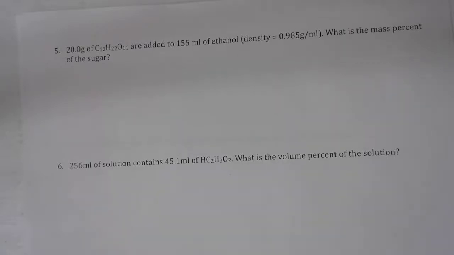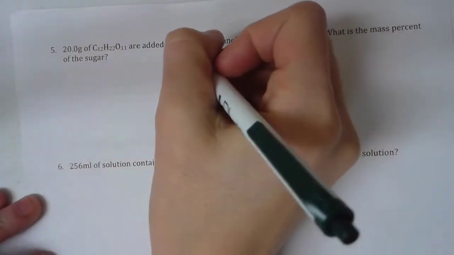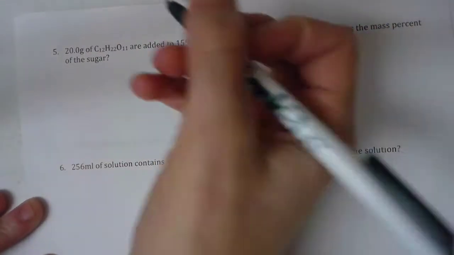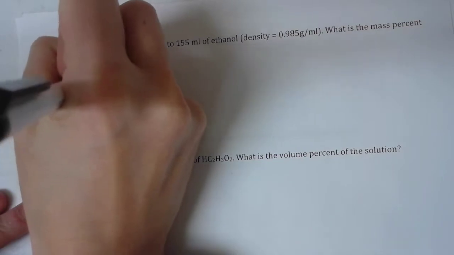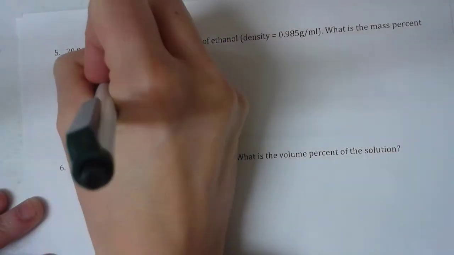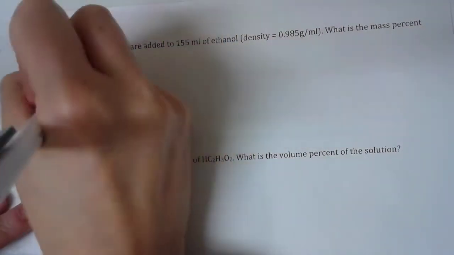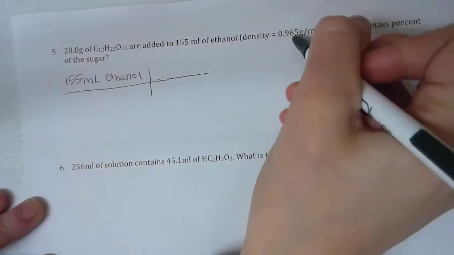All right, for number 5, it says 20 grams of sugar are added to 155 milliliters of ethanol. What is the mass percent of the sugar? Well, first of all, they don't give you a mass of the ethanol. That's why they give you the density, so you can figure out the mass. So I'm going to take the volume and change it to mass using my density. So I have 155 milliliters of ethanol, and my density is going to be